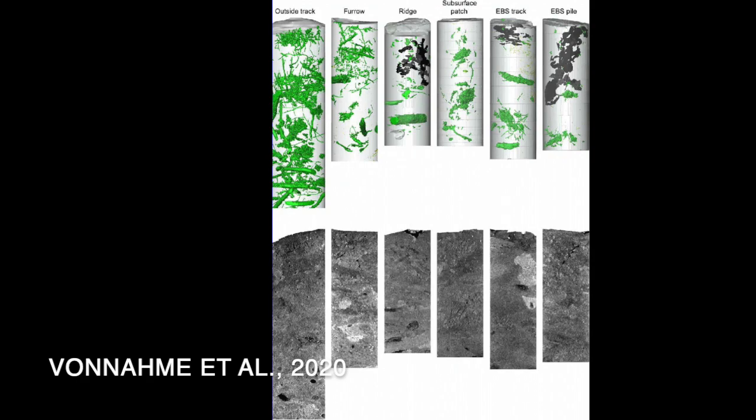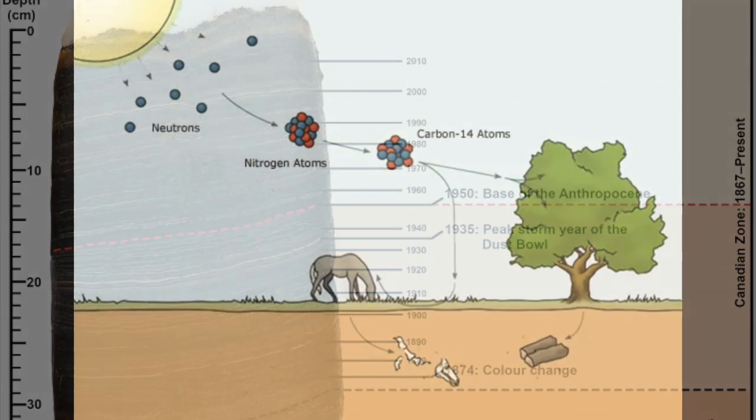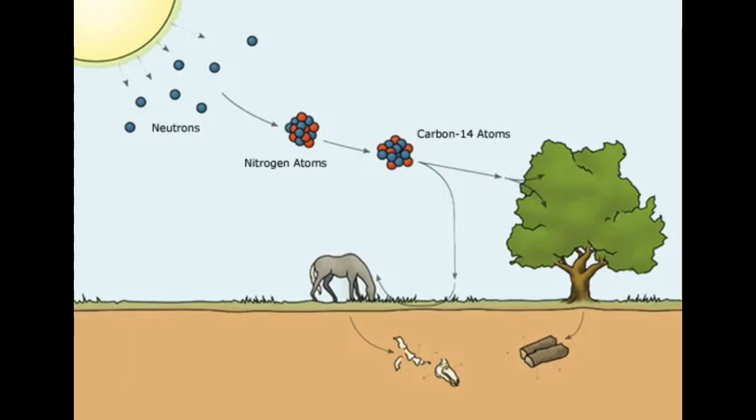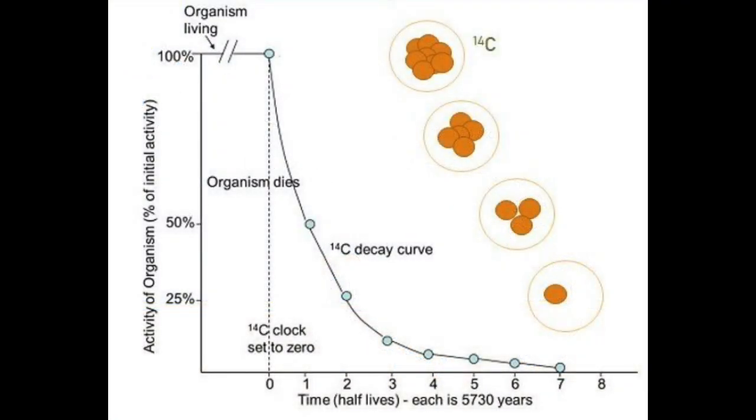But the most important thing to do with a core in most cases is to develop a chronology, because without knowing how old the sediments are, there's really not that much you can do with it. And on the timescales that we're interested in, the number one tool for this is radiocarbon. Radiocarbon is a great chronological tool, but there are also some complications with it, especially in lakes in this part of the world, because there's a lot of carbonate rock. And so organic matter that's forming in the lake could have a lot of what we call old carbon coming from dissolved limestone. So you have to be careful about that.